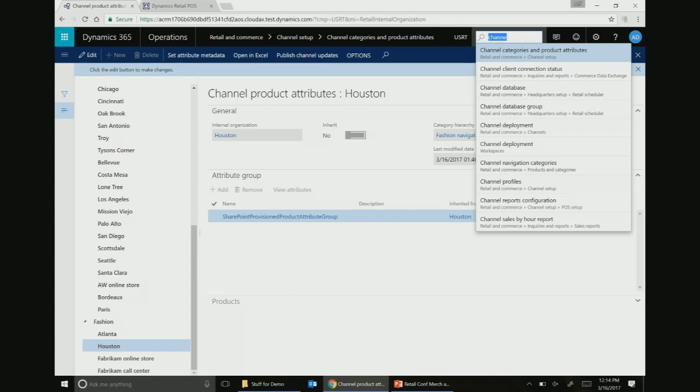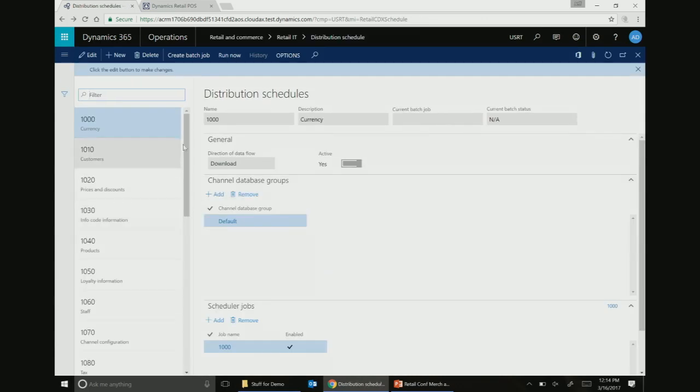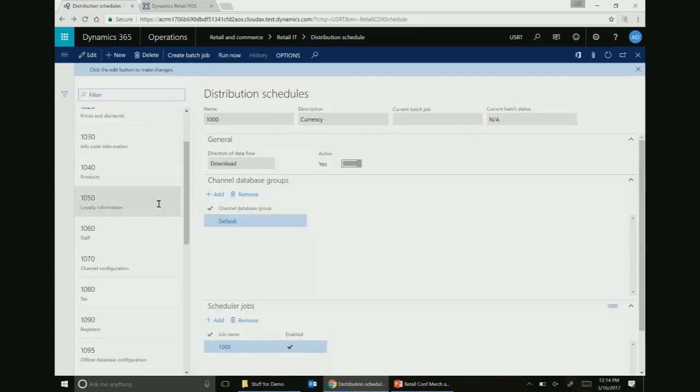This job has gone and staged the data. So there's some data manipulation and some staging that happens in the tables. And now the distribution schedule is going to move that data to the channel database. And because we made a decision back in 2012, I think R2, where we try not to duplicate any sub-jobs